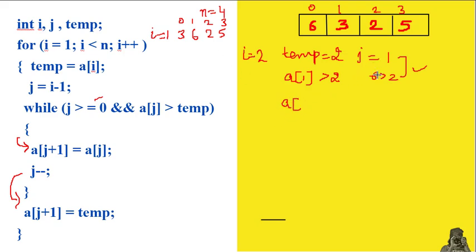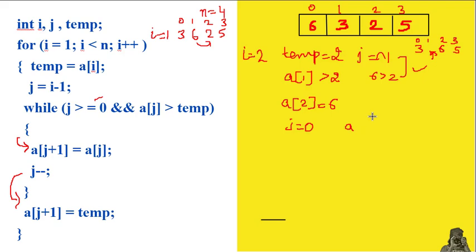So a of j plus 1, which is 1 plus 1, which is 2. Onto this, a of j, where j's current value is 1, so 6 will be shifted to the next position. This is the swapping. At the second index 6 has been shifted, and after that j's value is decremented. Now j is equal to 0, so again we check the condition: j is equal to 0, so it is true, and now again we will check a of 0. Now after this first swapping, our array will look like this: 3, 6 is shifted to the next position, and after that we have 5, and this location is empty. So these are our index values.